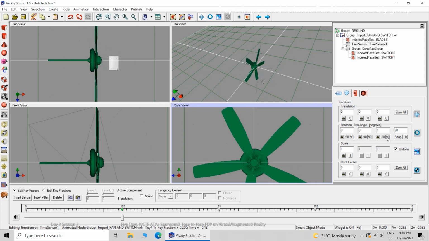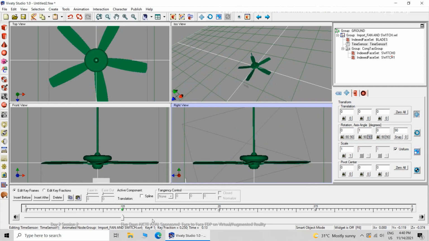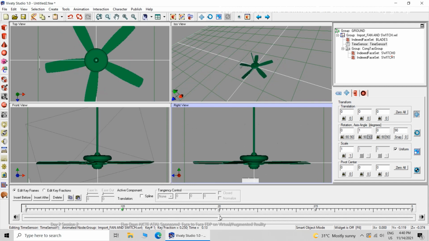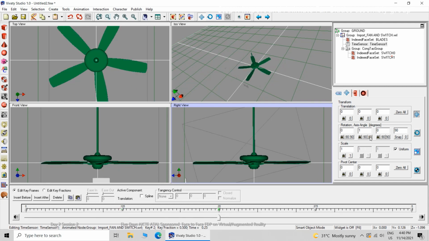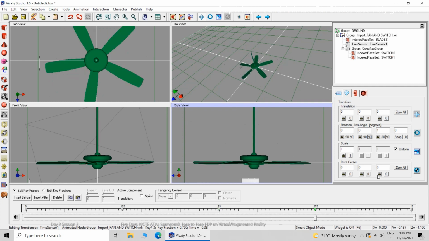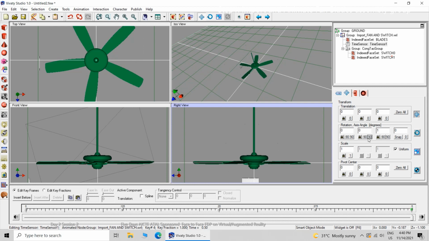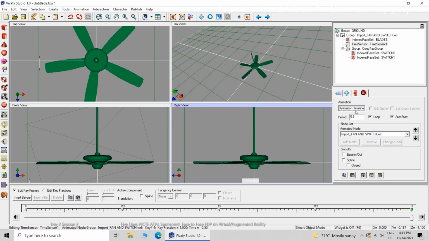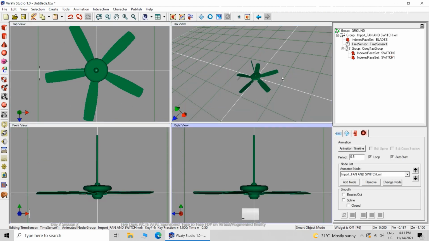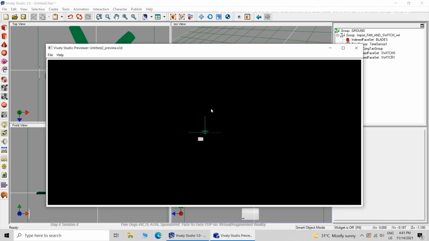Now I will change the Z axis. Oh no, the Z axis is not the proper choice. We should change the Y axis. So rotation about the Y axis by 90 degrees. Then we go to the second point and there will be 2 clicks, that means 180 degrees. Here there will be 3 clicks, 90, 90, 90, 270 degrees. And here there will be 4 clicks, 1, 2, 3, 4. So 360 degrees. So the fan will rotate and the entire cycle will complete within 0.5 seconds.